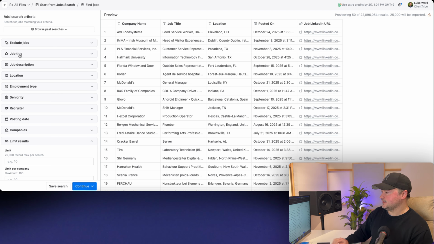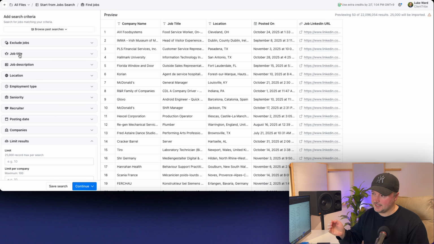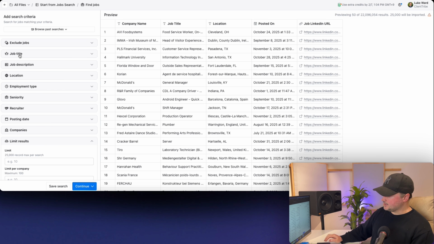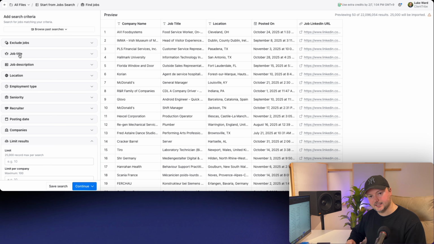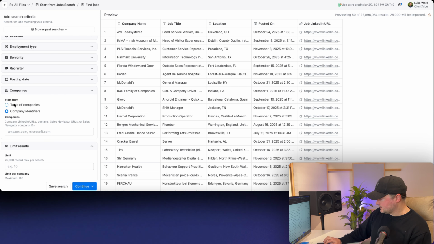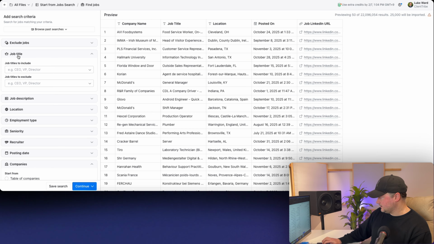The only disadvantage is that we cannot select company attributes. Like, we cannot say, I only want to find jobs that exist at companies that have 11 to 50 employees, where the company is headquartered in California. We can't do that. So this approach is going to be very messy unless you really dial it in later on. So companies here is just select your table of companies. We don't have a table of companies. So what we can do is say job title,